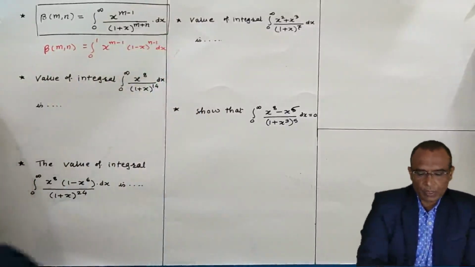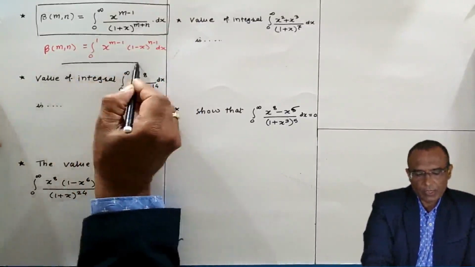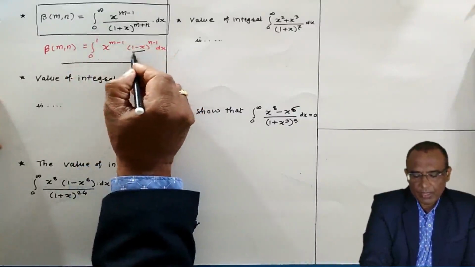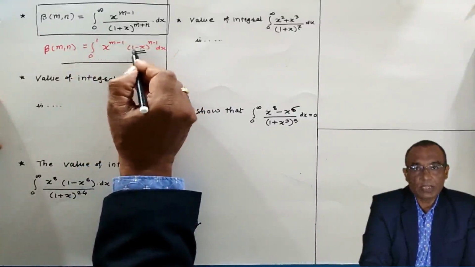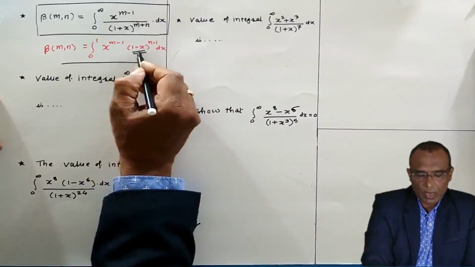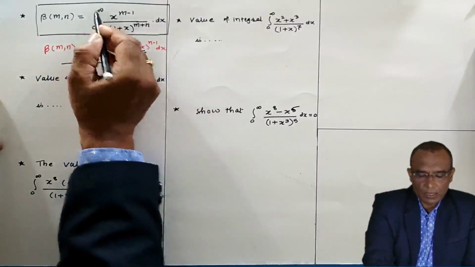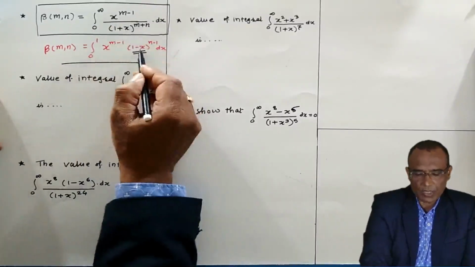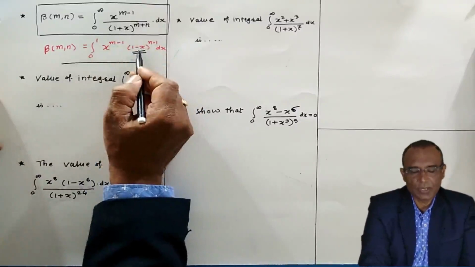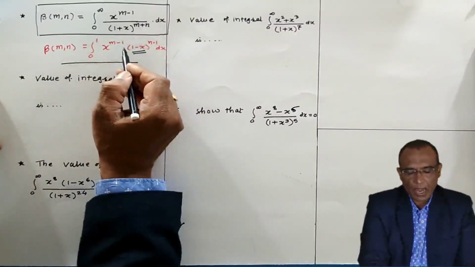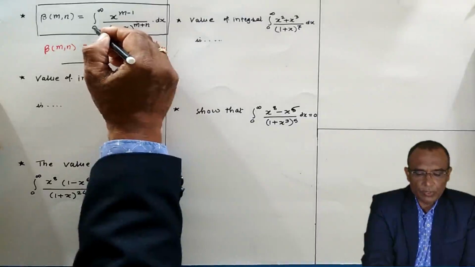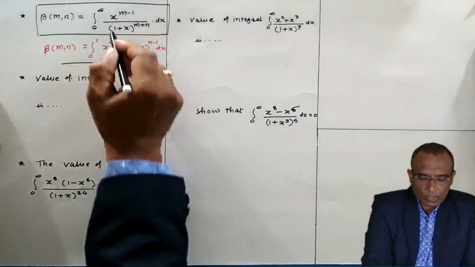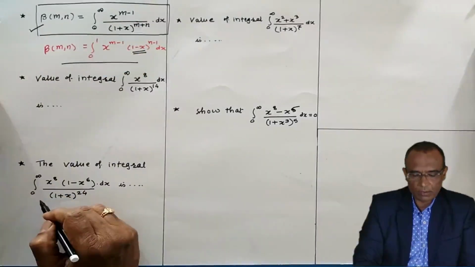Now, see, this is the definition of beta function. This is the result. What is the difference between these two? Here in the definition we have the 1 minus x linear term. And here in this result, 1 plus x is the linear term. 1 plus x, 1 minus x. Okay, this is the significant difference between these two. And the other significant difference is the limit 0 to infinity, here the limit 0 to 1. That's all. Now the problems on this formula we are going to solve.